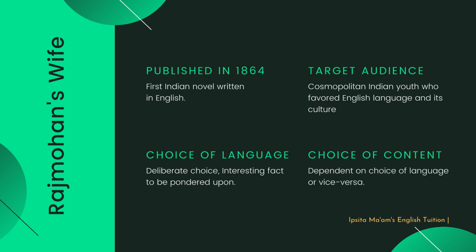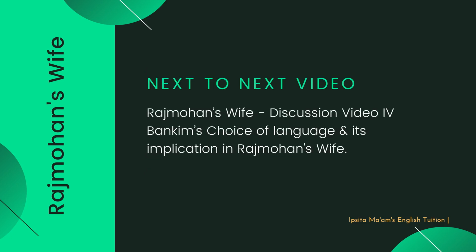Now, the choice of language Bankim made and the audience he thought he was writing for have an immense effect on Rajmohan's Wife's content. In short, I can tell you that the novel, its themes, its exposition, the conflict, and the way it ends, everything is deliberately chosen by Bankim Chandra, and it is really interesting to discover why he made such choices. I shall be discussing Bankim's choice of language in my next to next video, and if